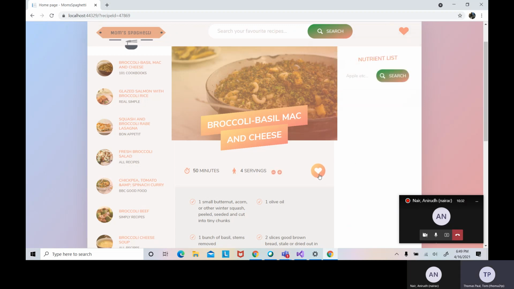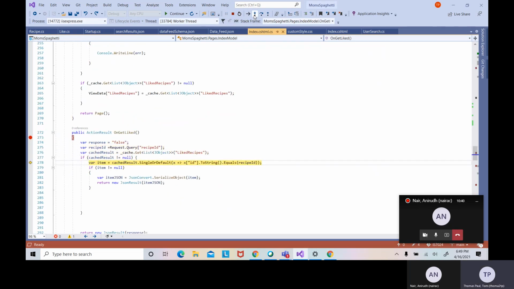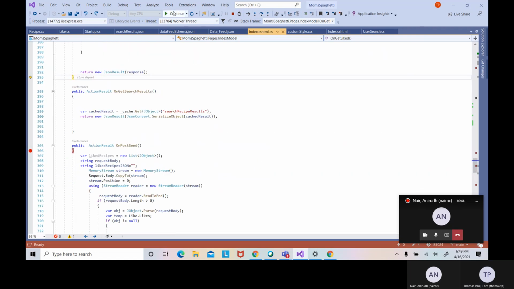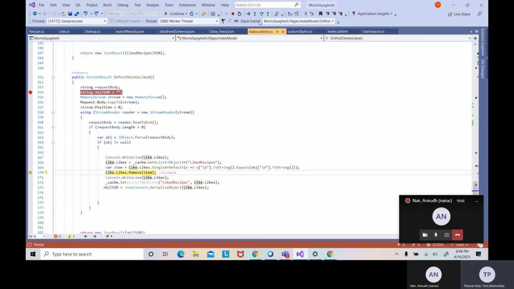Similarly, if you click on the icon again, it'll trigger another function after on get called on delete like. This is where the liked recipe gets deleted from the list. It is similar to the add like functionality, just that it populates a like list and deletes the particular recipe from the like list.